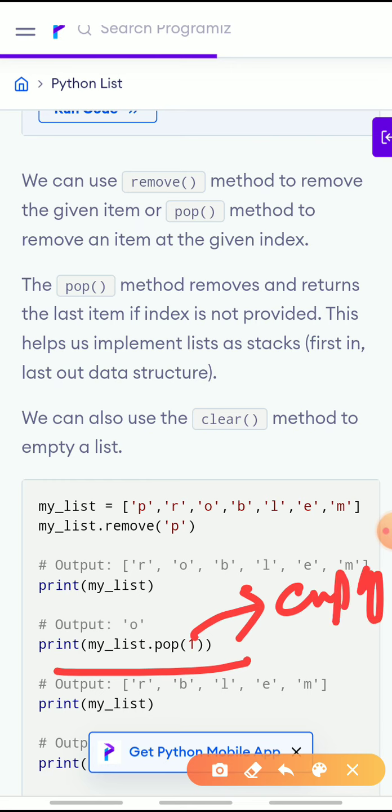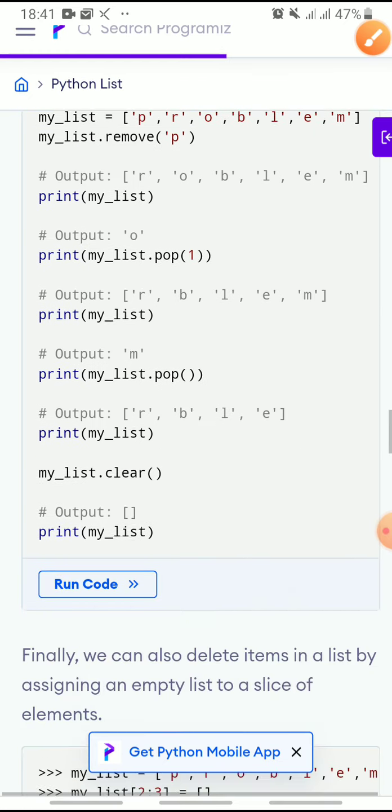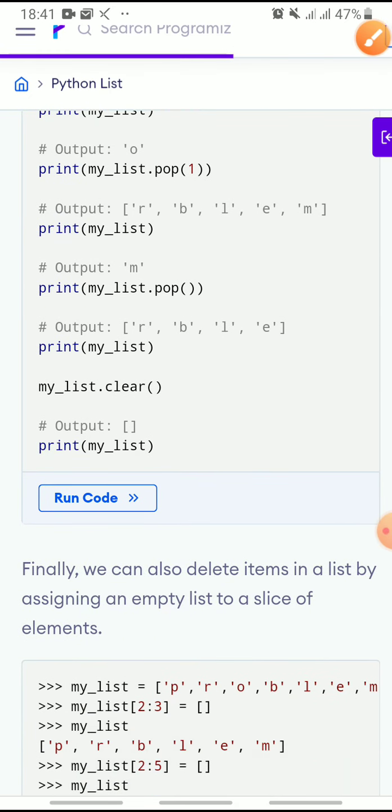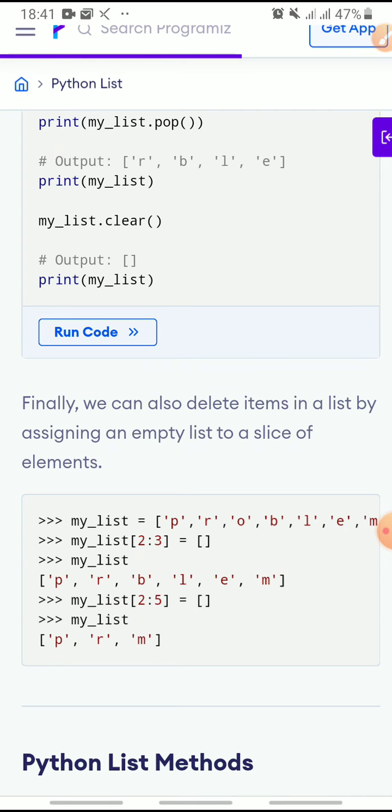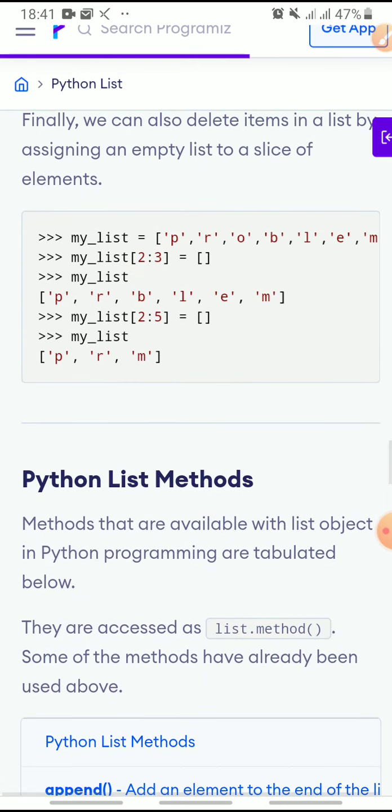But if I write an index position, then it will remove the element at that particular position. Second, we can also delete items from a list by assigning an empty list to a slice. This is the second method.